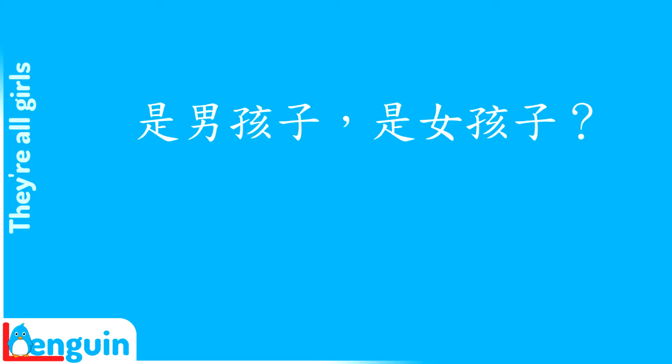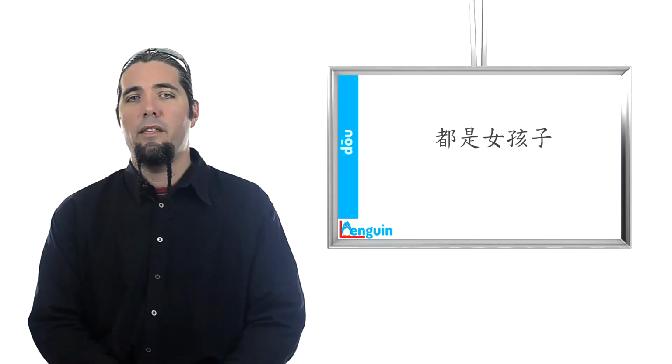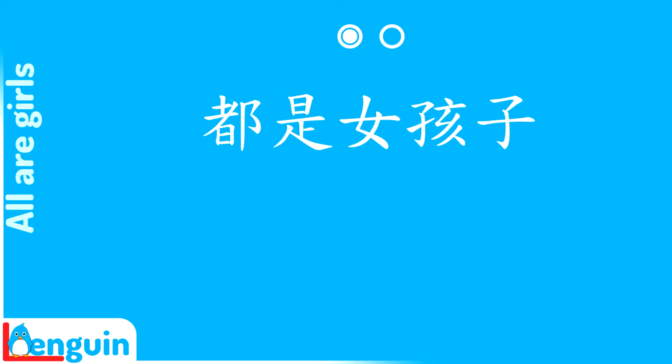Try replying to the question now. Remember that they have 3 daughters. 是男孩子是女孩子？ 他们都是女孩子。 In a sentence with 都 it's common to leave off the pronoun before the 都. Repeat. All are girls. 都是女孩子。